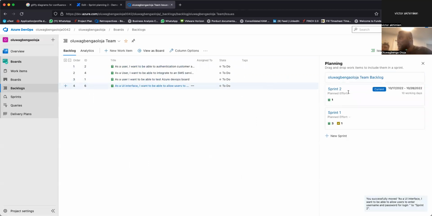We'll drag it here, sprint 2. We'll say, this one we can do in this sprint. We move it to this sprint 2, right? So we now say, because we have 4 developers, this guy too can work on this. We'll move it here. We'll move it here. Sorry, I think we moved it down, right? So you see.